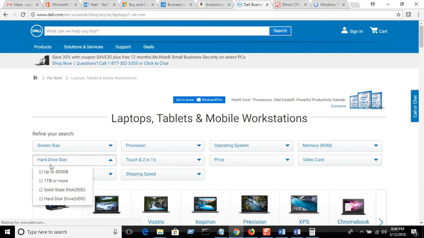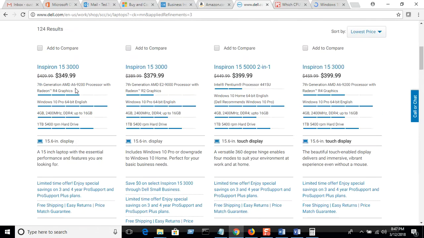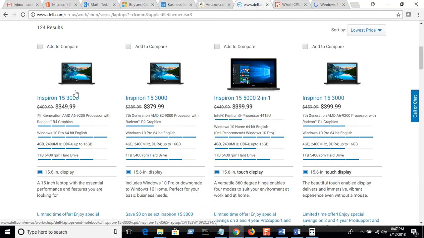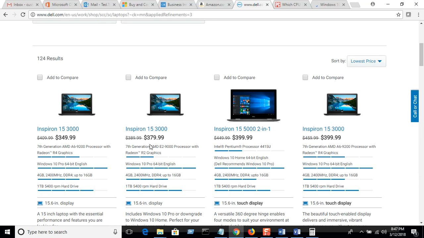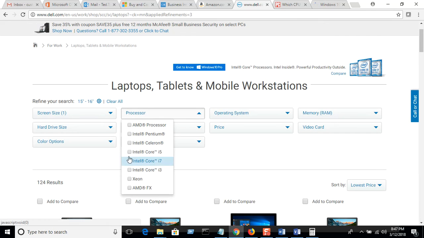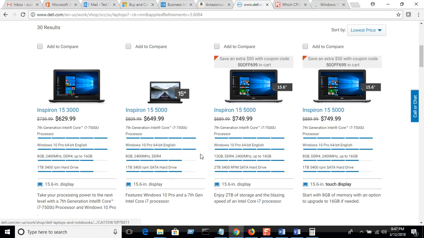Okay, so I'm going to go back and pick my screen size. So you can see the price goes way down if you pick any processor. The moment you pick an i7, the price goes way up. That's because that processor is actually a much better processor, right? So we have kind of our sweet spot here,